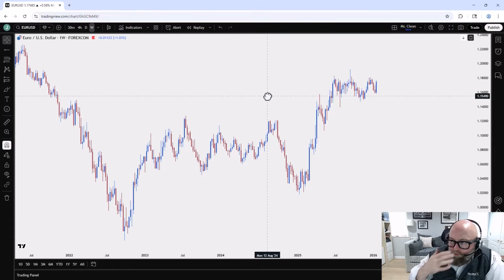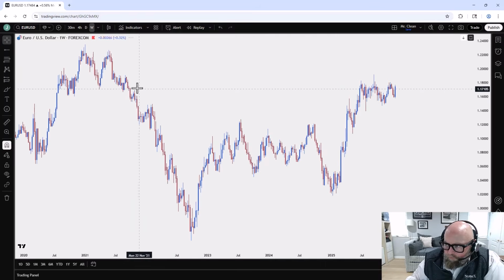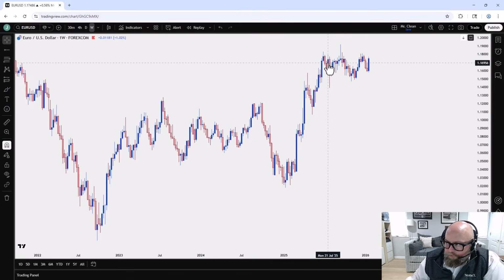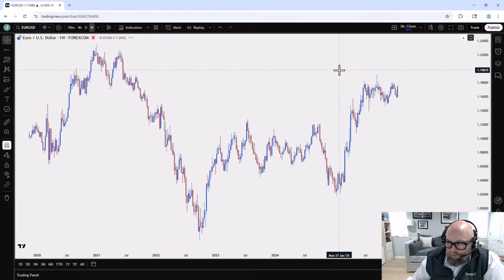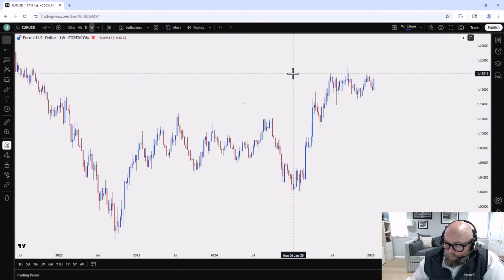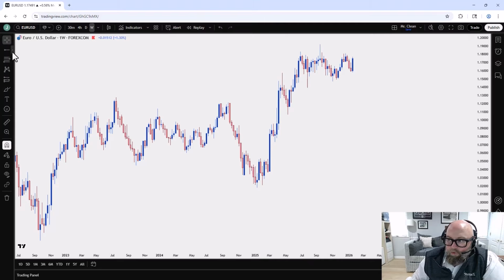But the simple logic behind price action is lower lows and lower highs make for a downtrend, higher highs and higher lows make for an uptrend. And there will be periods where it gets a little bit messy, where you get digestion, very similar to what we've had over the past 6 months in Eurodollar. But even then, it's addressable. But the simple logic, the simple algorithm, is higher highs and higher lows are what make uptrends.